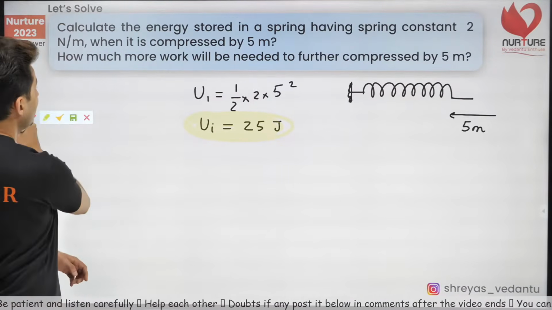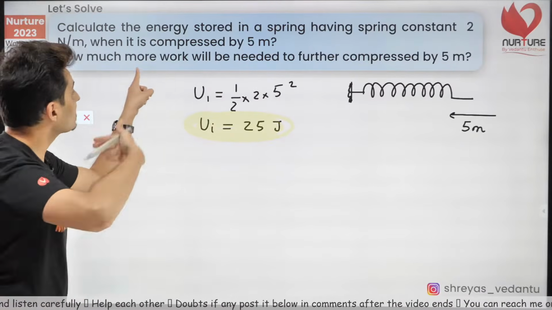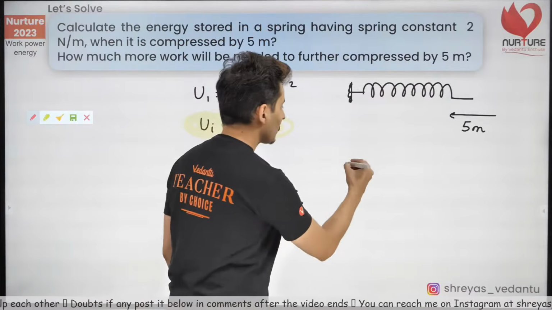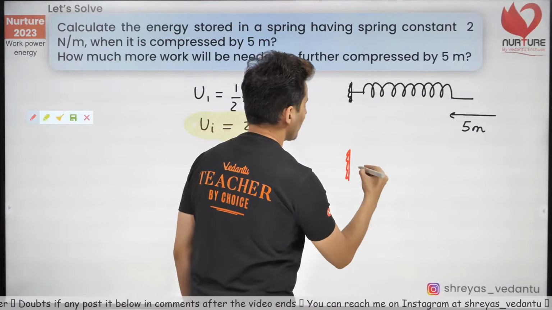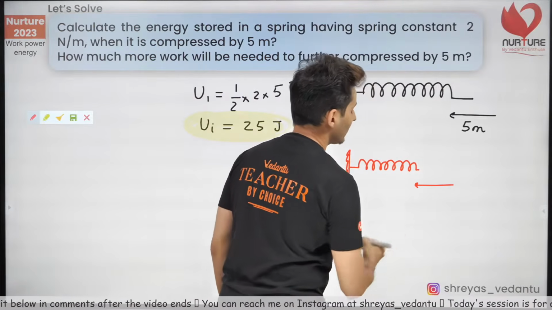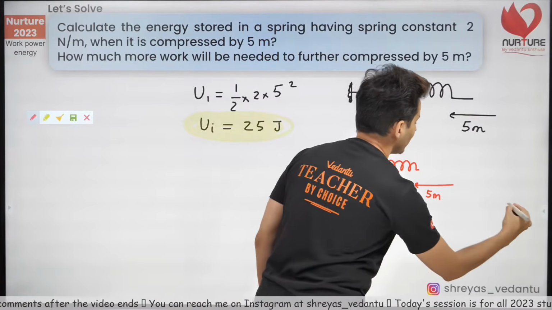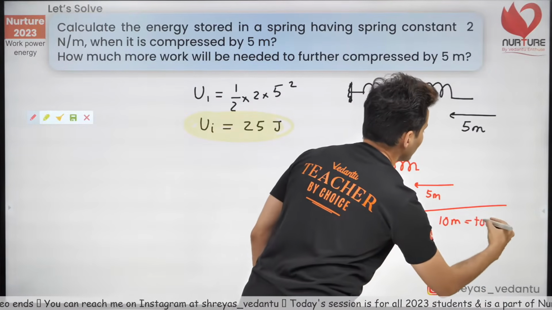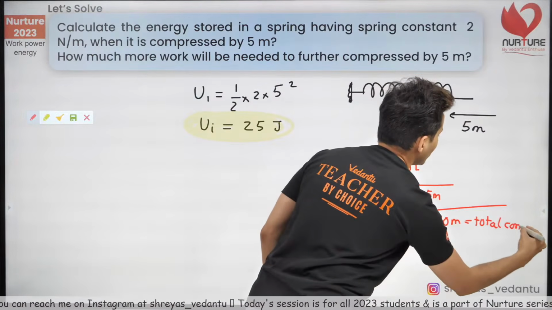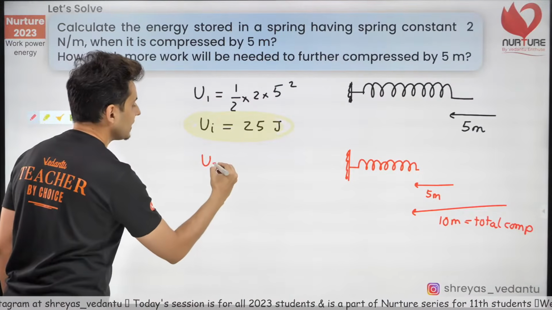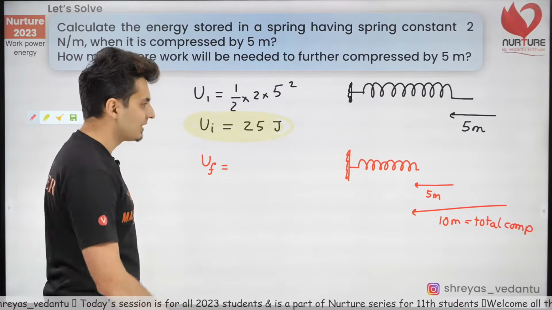Now, what have you done in the second situation? How much more work will be done to further compress it by 5 meters? That means the same spring is now further compressed by 5 more meters. So the total compression will actually be 10 meters. Keep this in mind. Now the final energy which will be stored in the spring will